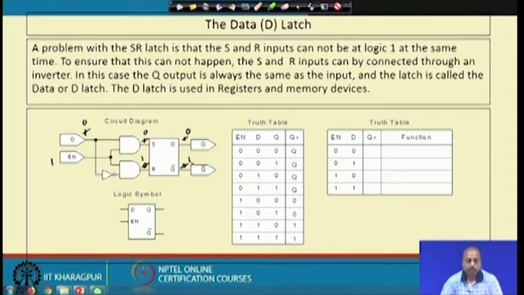And here of course, there is no race around condition, because the inner SR latch never gets both S and R inputs as 1. As a result, the race around condition is not there. So, you can again complete this truth table for the D flip flop, I am not doing it. Now,